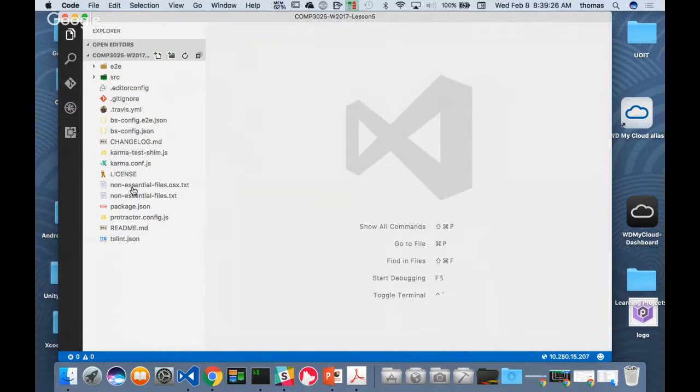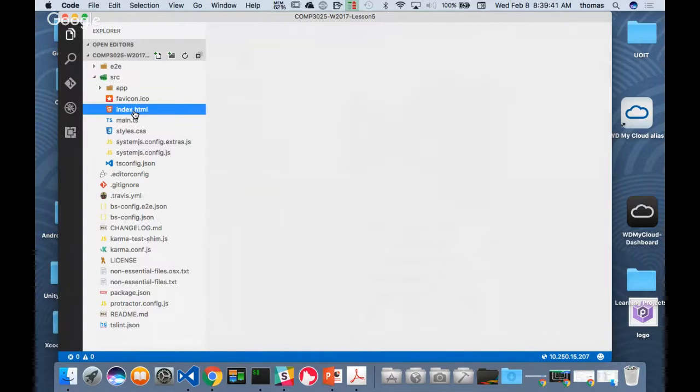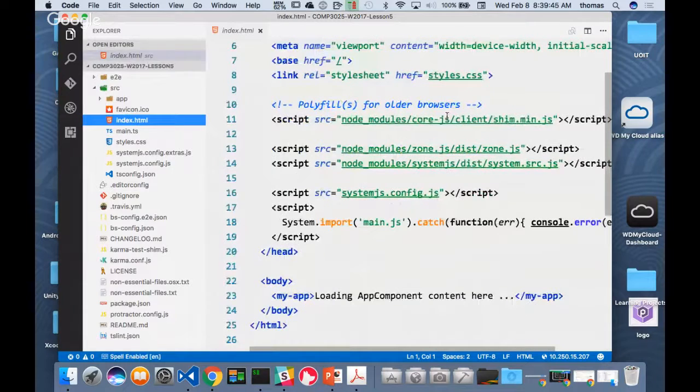And I'm going to take a look at index.html for a second, and I want to ask you the question. When I go into my source folder, my source folder has my app folder, right? This is where it is. And notice my index.html is inside of my source folder. Here it is, index.html. And notice I have my core and client and sims and config and all that stuff,